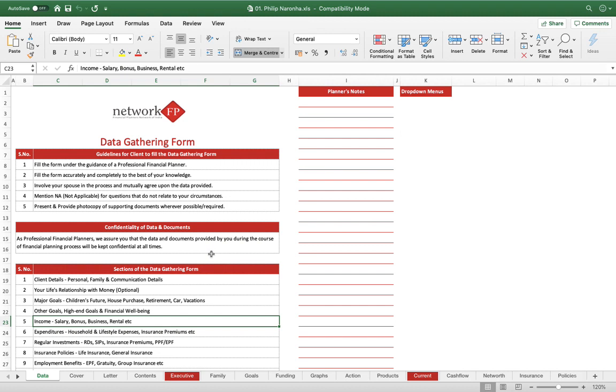So this works, and the kind of wow factor it creates in front of your clients is just amazing. Clients are like, wow, you put my whole financial life together in one place for me to look at and introspect and start working on. And more than the client, you yourself, when you are working on a client, want to have the entire piece put together in one place so that you are able to give them some real solid solutions,